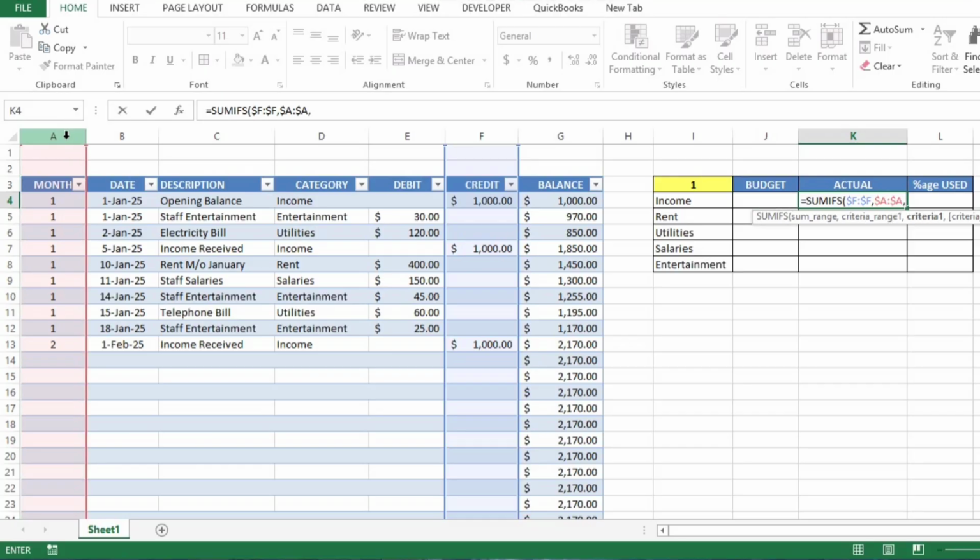क्राइटेरिया 1 हमारा है ये जो हमने मंथ का ड्रॉप डाउन लिस्ट क्रिएट किया है, इसको I3 सेल, इसको भी डॉलर साइन से हम फिक्स करेंगे, कॉमा। क्राइटेरिया रेंज 2 हमारी ये कैटेगरी जो हमारा कॉलम है इसको हम करेंगे सिलेक्ट, इसको भी हम लोग फिक्स कर देंगे विद डॉलर साइन, कॉमा। और फाइनली हमारा जो क्राइटेरिया 2 है उसके लिए हम ये इनकम को सिलेक्ट करेंगे, इस पे डॉलर साइन नहीं लगाएंगे, क्लोज पैरेंथेसिस और हिट एंटर।